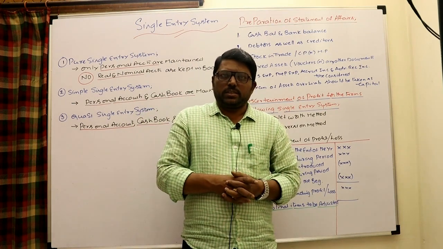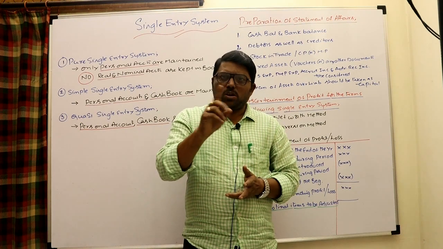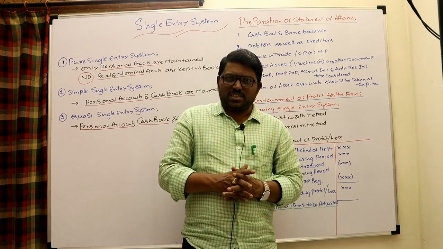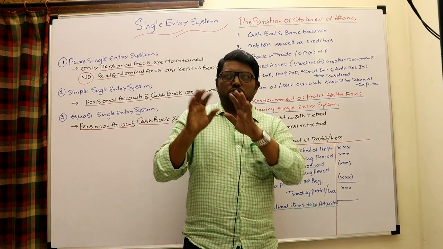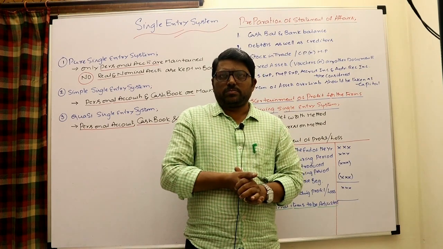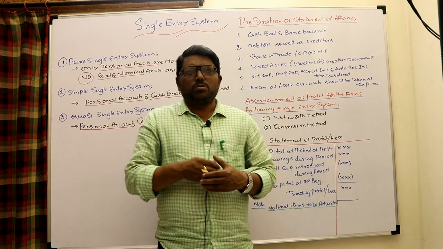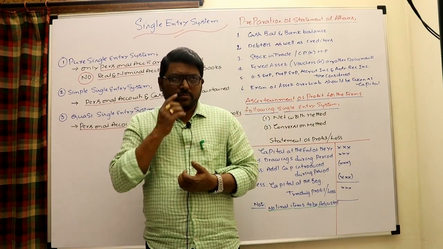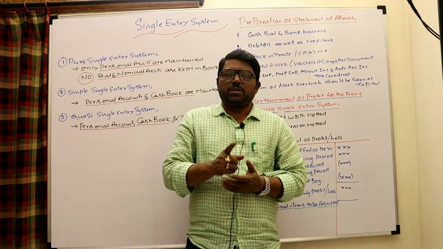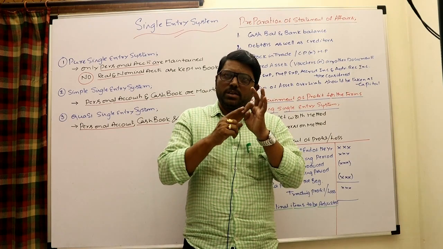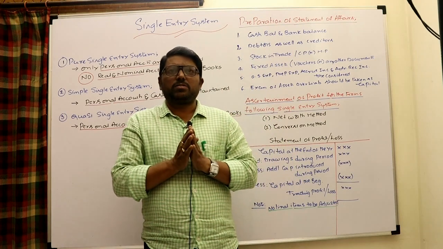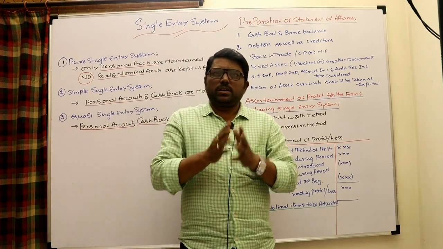I will tell you why it is like that. If two aspects are recorded, that is double entry. It does not mean that if one aspect is recorded, that is a single entry. Simply I can say which is not a double entry, that is a single entry, which is an incomplete record, that's all. So if you want to define single entry in a better way, how can you define it? Single entry, I can define, is a mixture of single entry, double entry, and no entry. In the first instance, I can define single entry as which is not a double entry, that is a single entry.